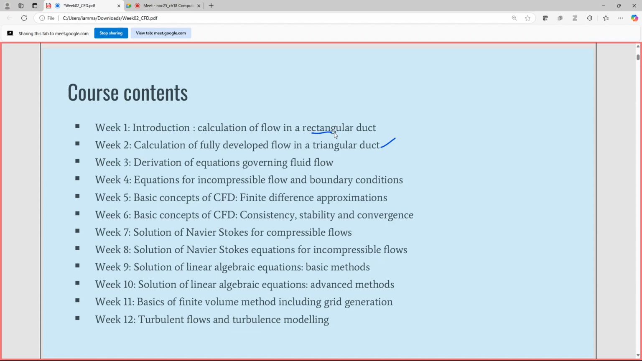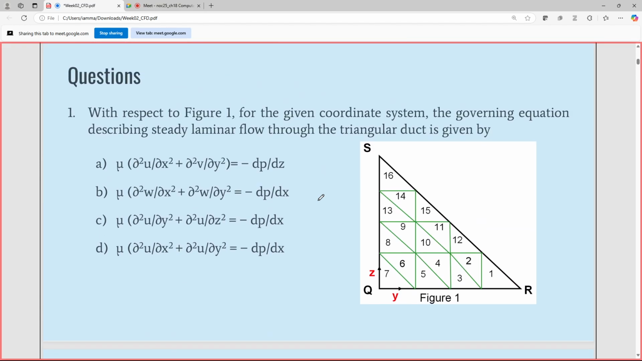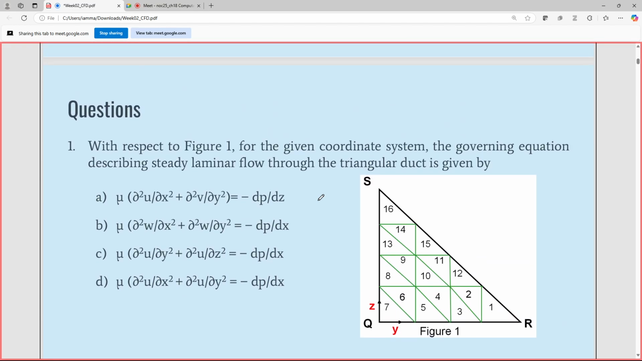to introduce that concept in the second week, a fully developed flow through a triangular duct has been discussed. Hope you might have gone through that. So let's start our questions. So first question: